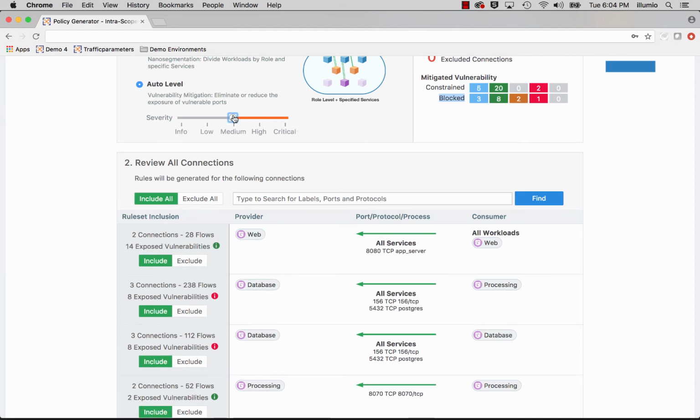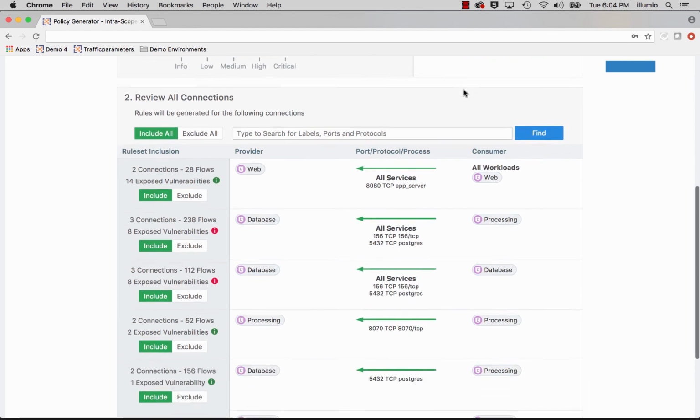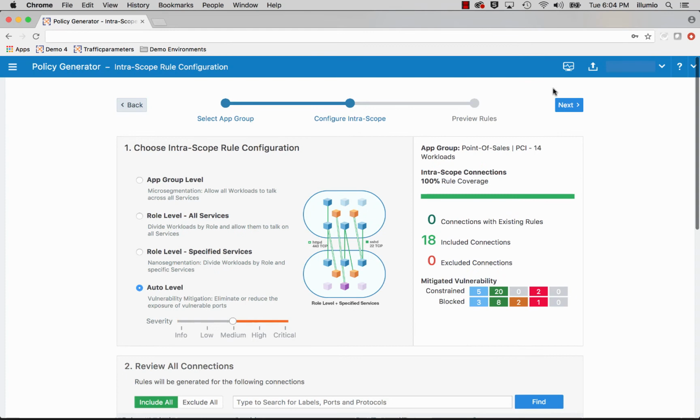And as you notice, as I drag this back and forth, it describes for you how many vulnerabilities are being constrained or filtered using the firewall within Illumio, and how many are blocked. Once again, that's because we haven't detected any traffic on a port, and that port has a vulnerability attached to it. When you feel like you have the right policy that you're tuning your micro-segmentation to, you can select Next,